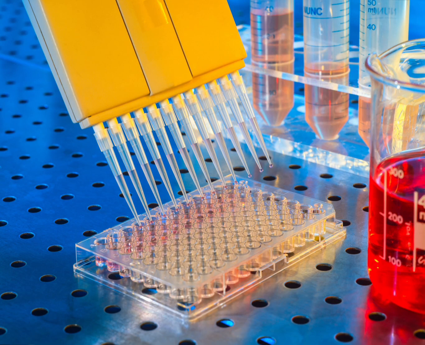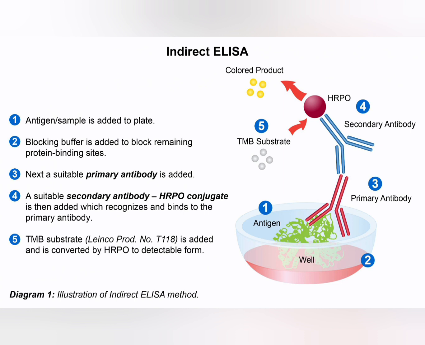Hello, my dear friends. Today, let us talk about the indirect ELISA. Indirect ELISA can be used for the detection of antibodies as well as for the determination of concentration of the antibodies. In this method, serum or other source materials containing the primary antibodies is added to an antigen-coated microtiter plate